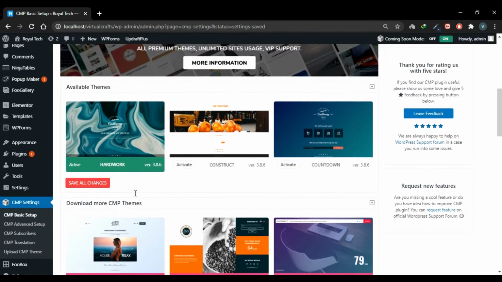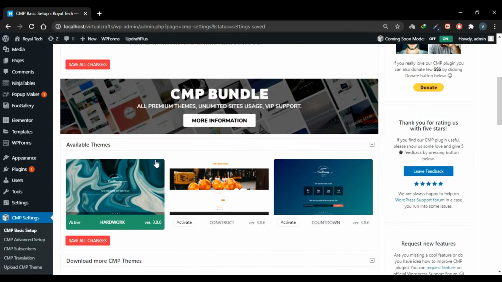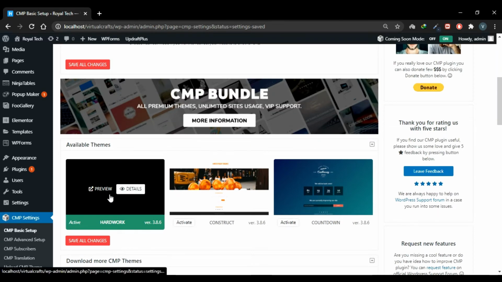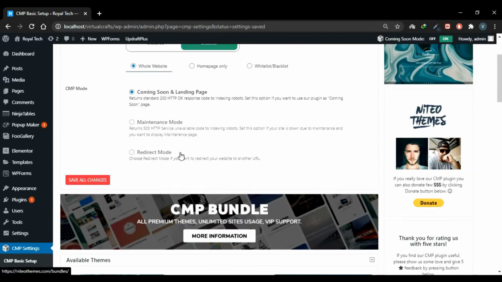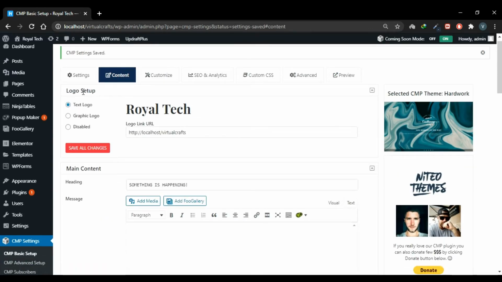Come down and here are some available themes. You can download more themes from here. Hover over any theme and you can go for its details or preview. We'll preview these themes after adding our information. Go to this content tab and go through a logo setup. Currently we're using a text logo, Royal Tech, and when someone will click it, it will go to this URL.